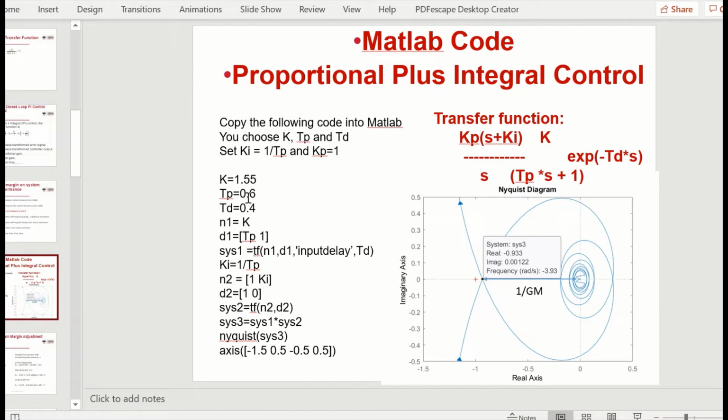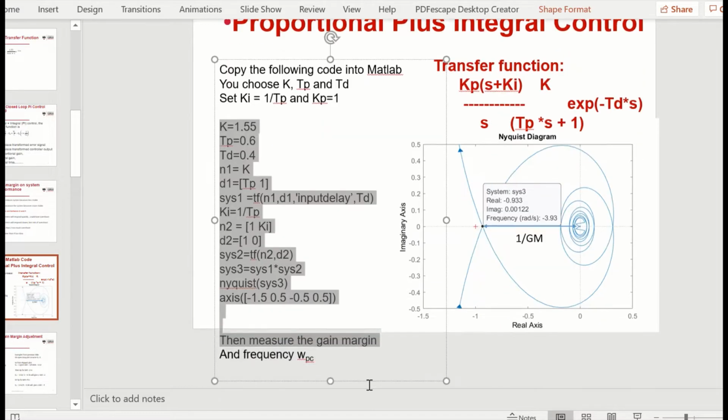So here now is the transfer function we're plotting. Here's the K, TD and TP, and here's our PI controller, Kp over S plus Ki over S. In this particular case, the controller is given by this format here. So what we're going to do now is put K as 1.55, TP as 0.6, TD as 0.4, and then this code here plots this little Nyquist plot for us. So if we take this diagram, take the code,